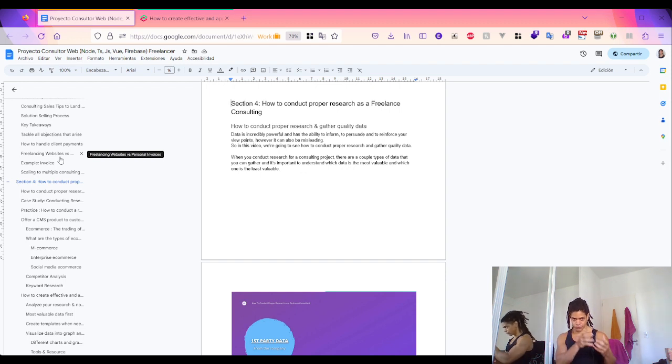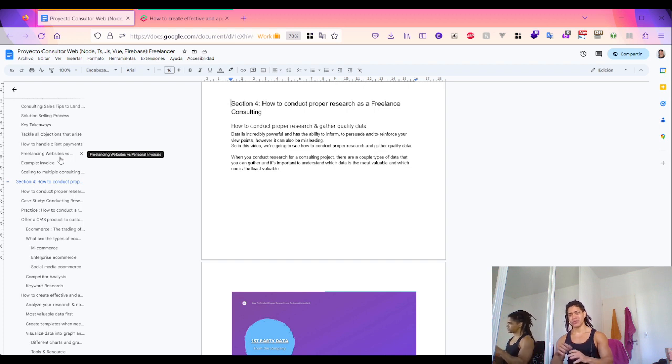Once you conduct research and gather all the relevant data from the first party data, you know about their branding, their pricing, categories, then you move to the competitor analysis